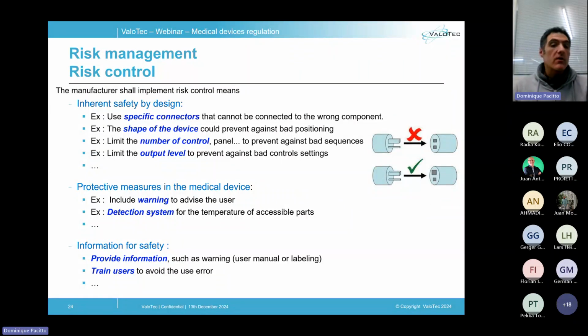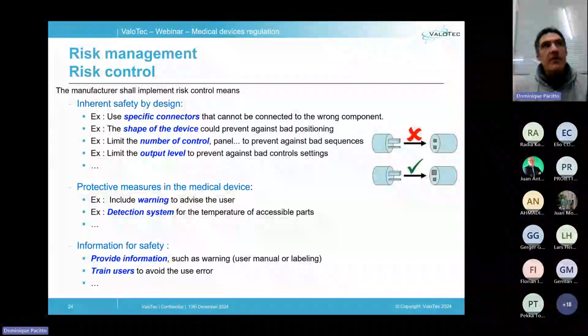And three is providing information for safety and, where appropriate, training to the users. These three means are detailed in the standard, but these are a so significant concern that they have been introduced in the regulation itself, and you can find them in the requirement 4 of the Annex 1. Now let's detail these three